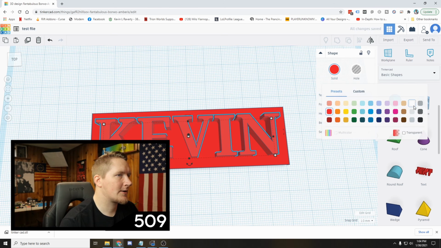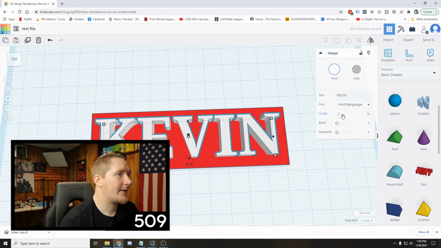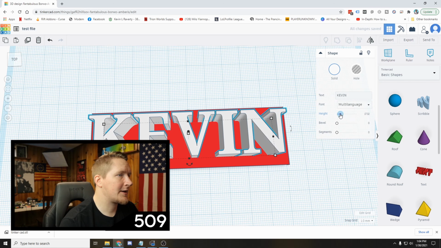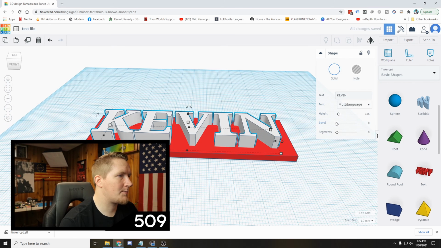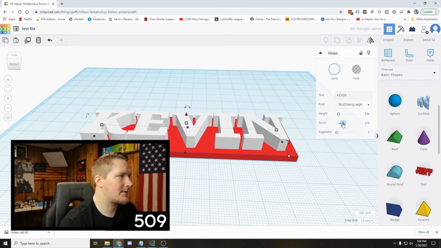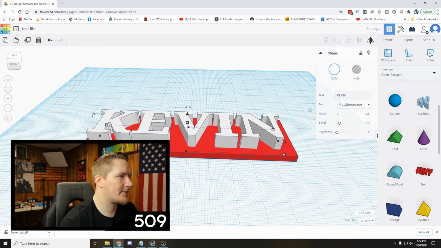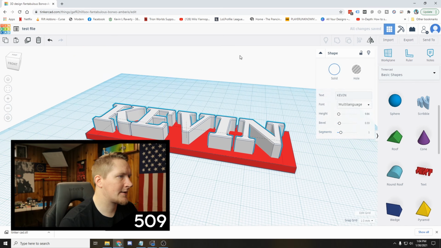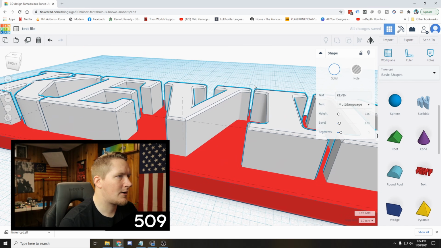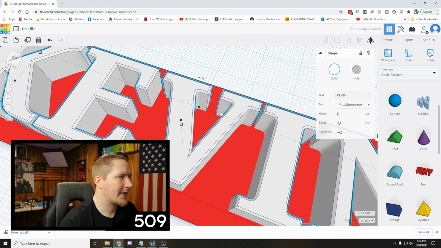We're going to change the color of this text so it's easier to see. And then you can change the height of the text, which is called your extrusion. That's how far you want it to stick out. You can change the bevels of the edges. That kind of just makes it a little different. That's kind of cool. I don't know what this does. Oh, more beveling the edges, it looks like. That's kind of cool. It makes the edges rolled there, whatever that's called. Anyways,